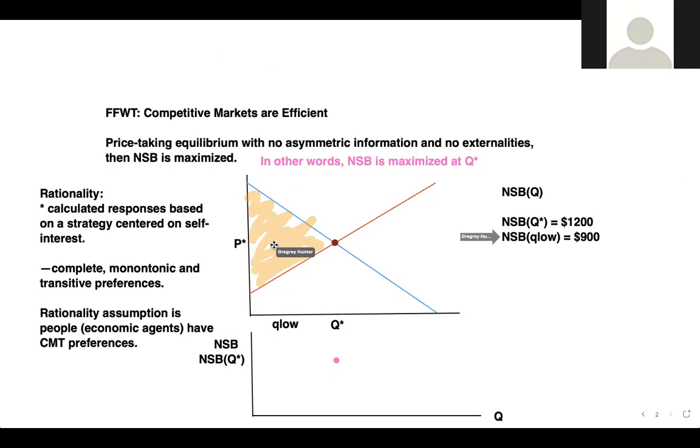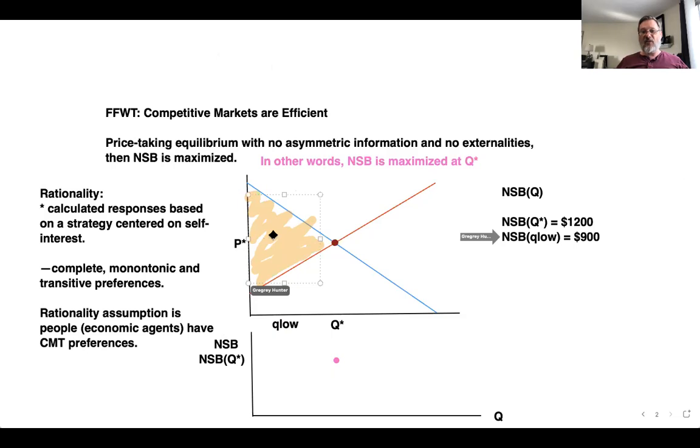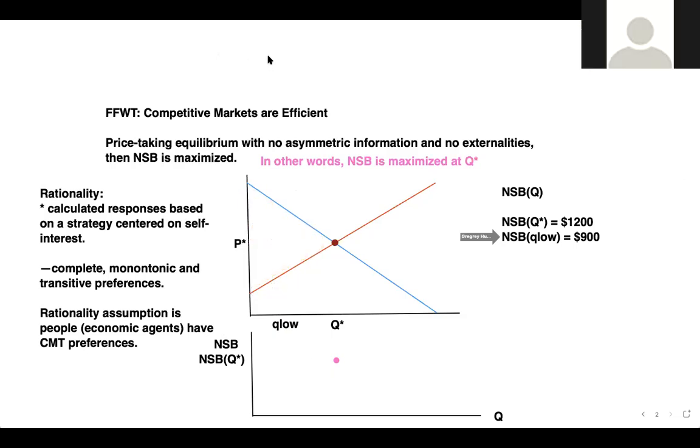Well, I know it's within the total surplus range. So this is the total surplus before, at Q star, right? The area of that triangle. So let's just dump that, because we want to recompute it. So if that's Q low,